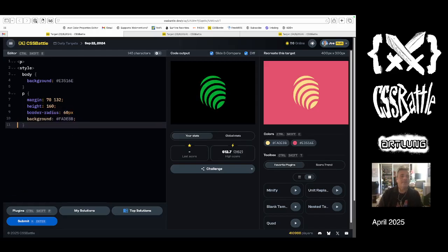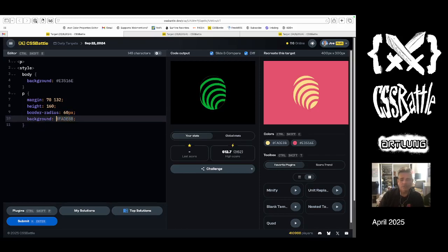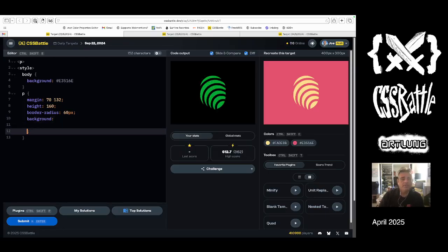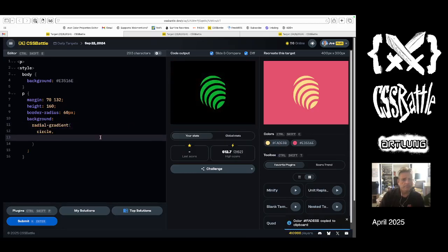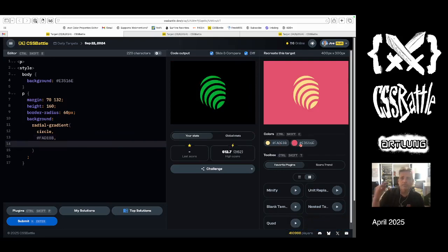Okay, so what does that background look like? Well, we need circles. Is it easier to do out or in first, I guess is the question. So the biggest one or the smallest one first? Let's do the smallest one first. Radial gradient. And we get a circle. And we want yellow. And I think we need, because we're going to have another layer below it